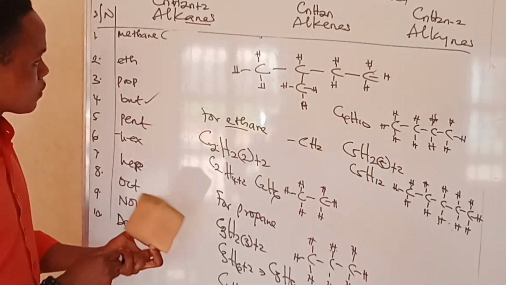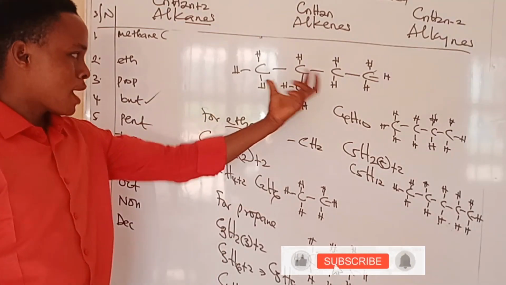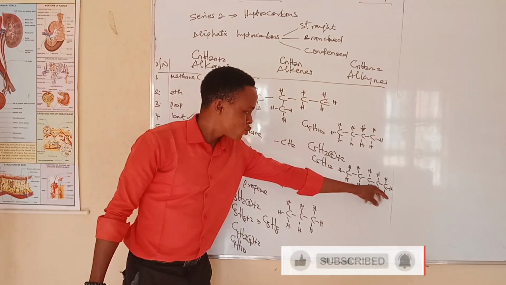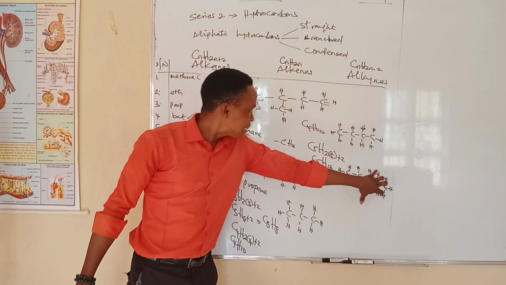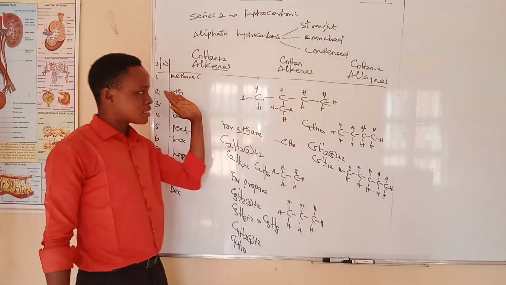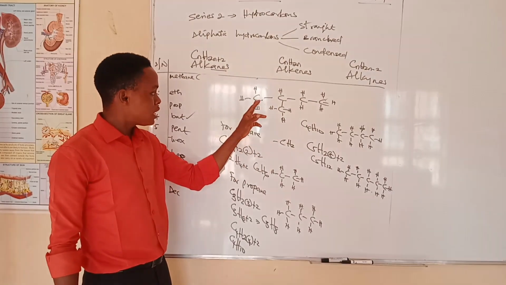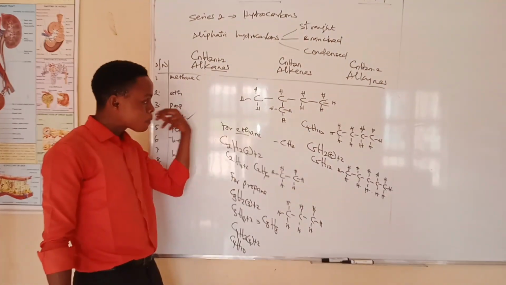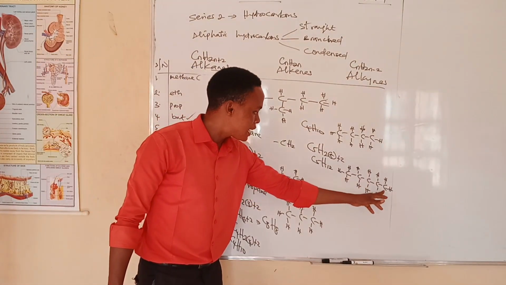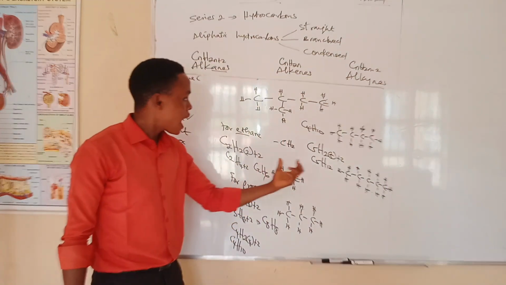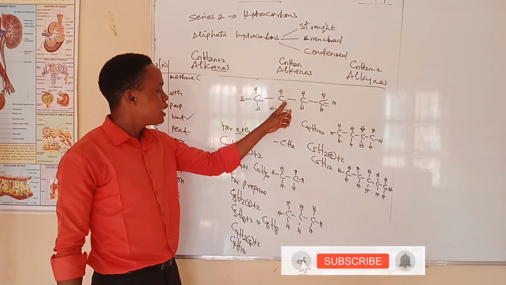I do this here. This is now our branch. One of the carbon atoms here has been branched. We have been able to bring it down to its closest carbon atoms. You can see that here I wrote 4 carbon atoms before, 1, 2, 3, 4, which corresponds to butane. And now 1 carbon atom here at the extreme has been shortened, has been brought back to attach with the